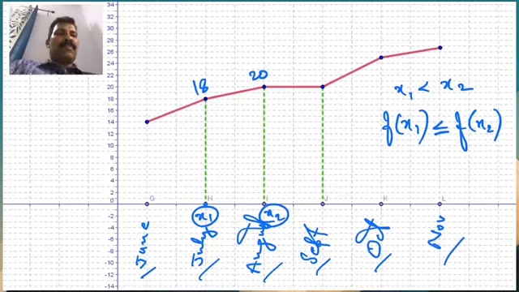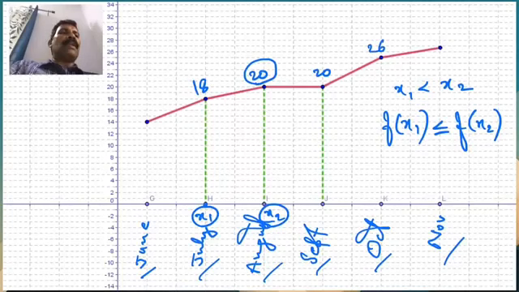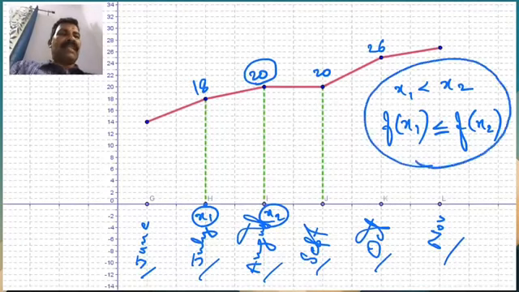Because sometimes, for example in the months of August and September, the student has the same marks. But once he scored 20, next time he is not going below that. At least he is keeping the same marks, but not going down. Similarly, if it reaches a particular height, say 26, it may not go up, but it is not going down. That is why whenever x1 is less than x2, f of x1 is less than or equal to